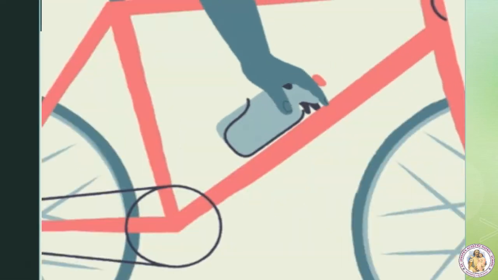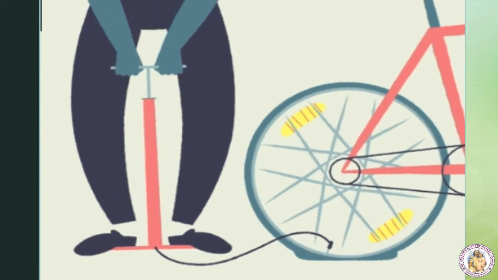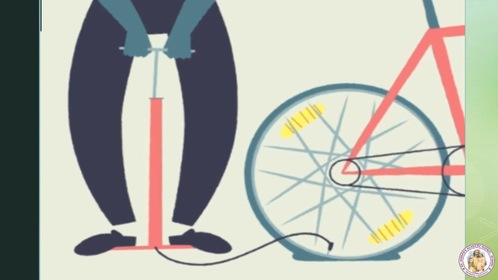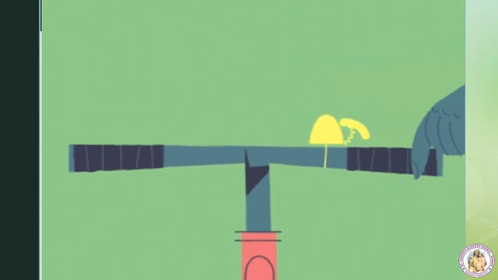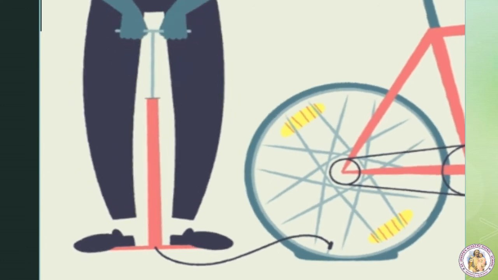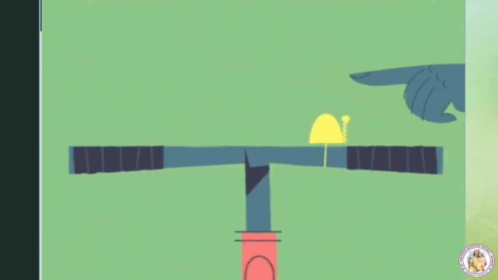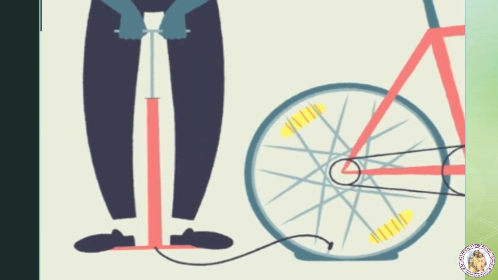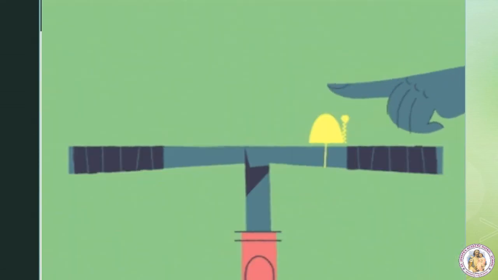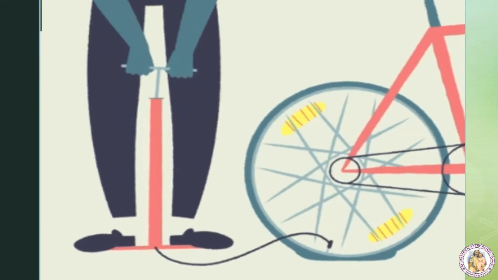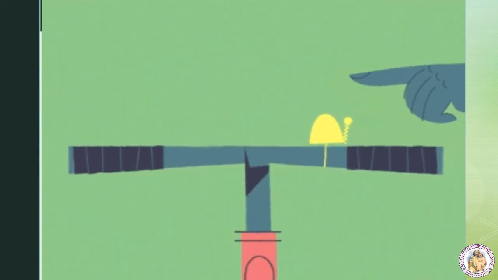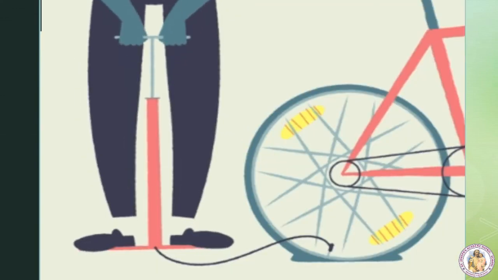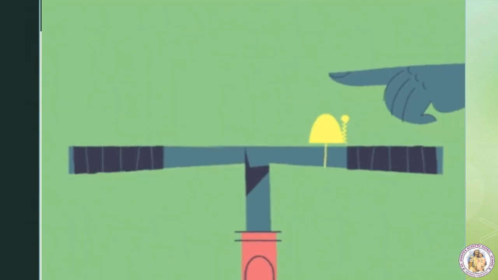Let's see an example to understand Avogadro's law. When we fill air inside the tube of a cycle, the shape of the cycle tube changes. The shape of the cycle tube changes when we pump air inside it, so there is a change in volume. The change of volume with increase or decrease of the amount of substance was studied by Avogadro's law. Let us study Avogadro's law in detail with the help of another example.